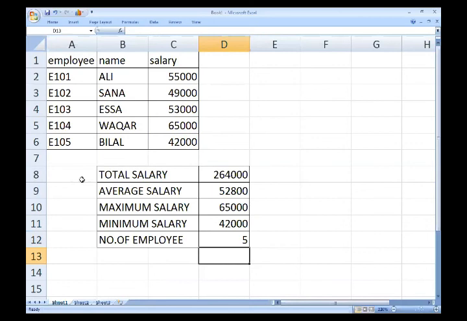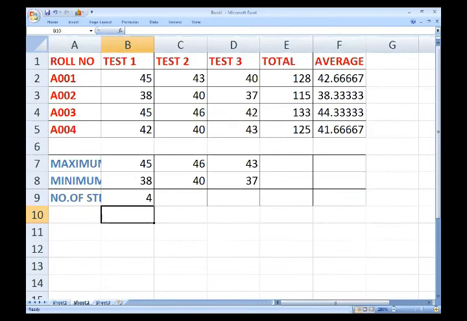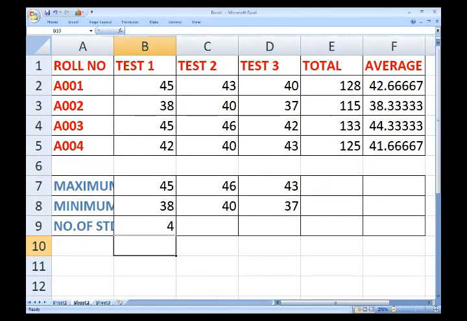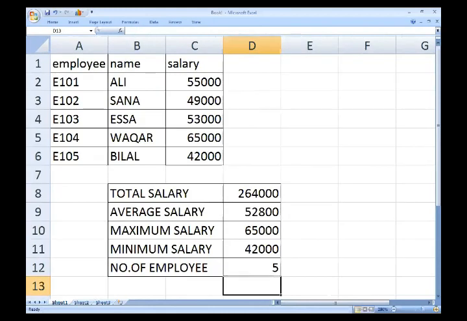Now this is the sheet which we have solved. This sheet is also present in your book. This is sheet 1 and this is sheet 2 which I have shown, and I have applied all 5 functions that are present in your syllabus. And this is also another sheet which we have solved, containing all 5 functions present in your syllabus. Okay, now I hope this is clear to you. Now we move back towards the slides.